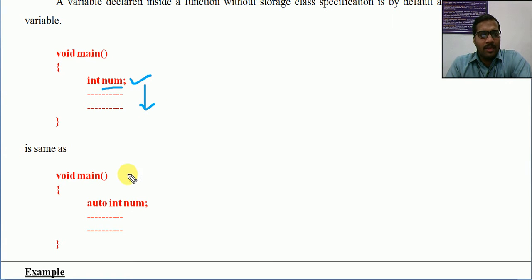Similarly, another example: using the auto keyword is also okay in C. So auto int num and int num are both the same. They are created when we enter into the function, and they are destroyed when we exit from the function.